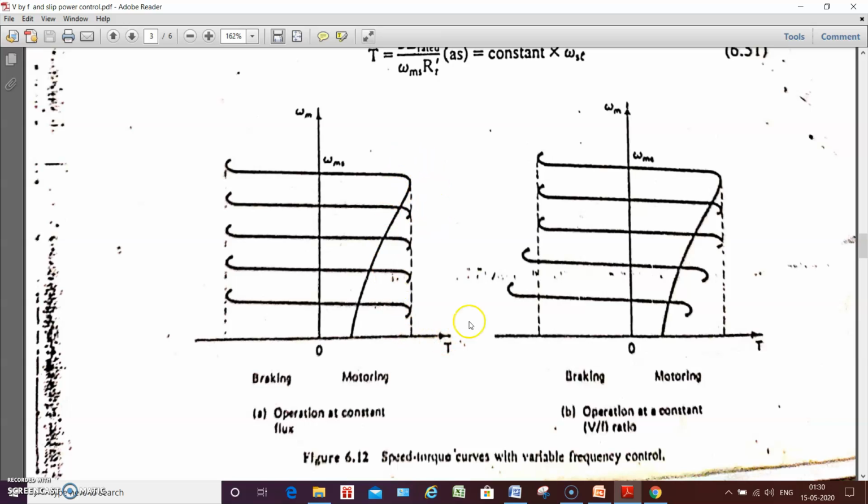And another point, how is this going to be kept at a constant value? This T max, so it is omega m and T, that is the speed torque characteristics in the omega-T plane, okay, speed omega m, torque is T. So the speed torque characteristics is going to be constant, or it is a parallel line. So it is the very big advantage of this induction motor, right?